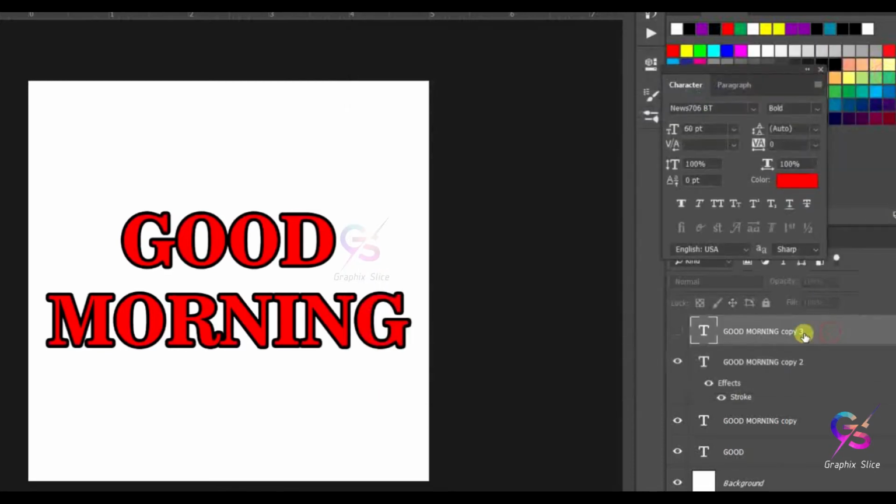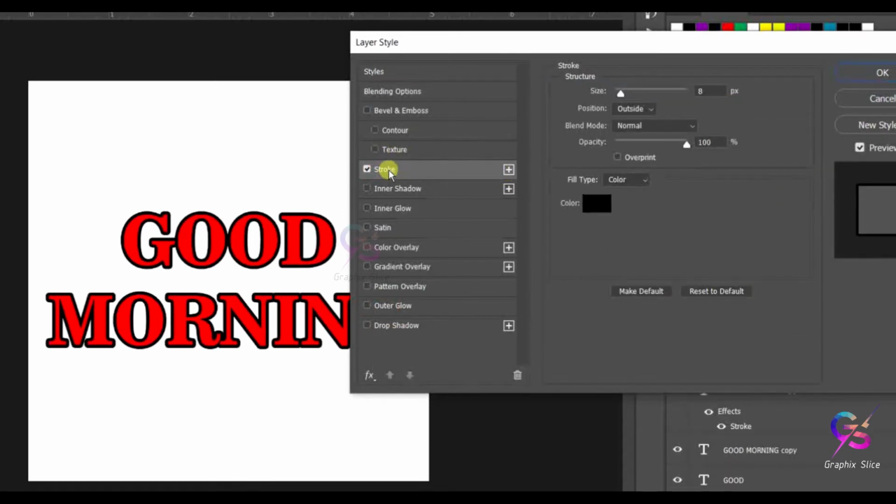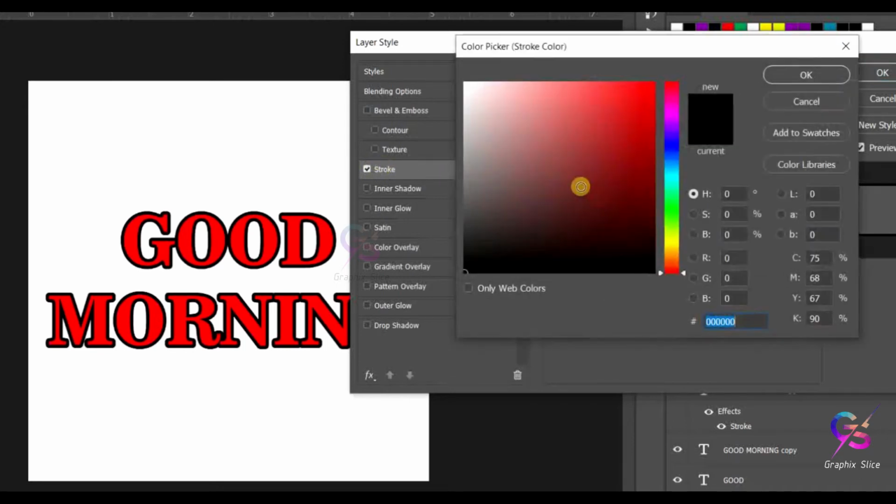For this layer again I'm going to do the same thing. Just double click, again stroke. Click on the stroke text, you'll get the stroke settings. If I click directly here it won't show these settings. Click on the stroke text, again it shows. I'm going to add the color yellow.